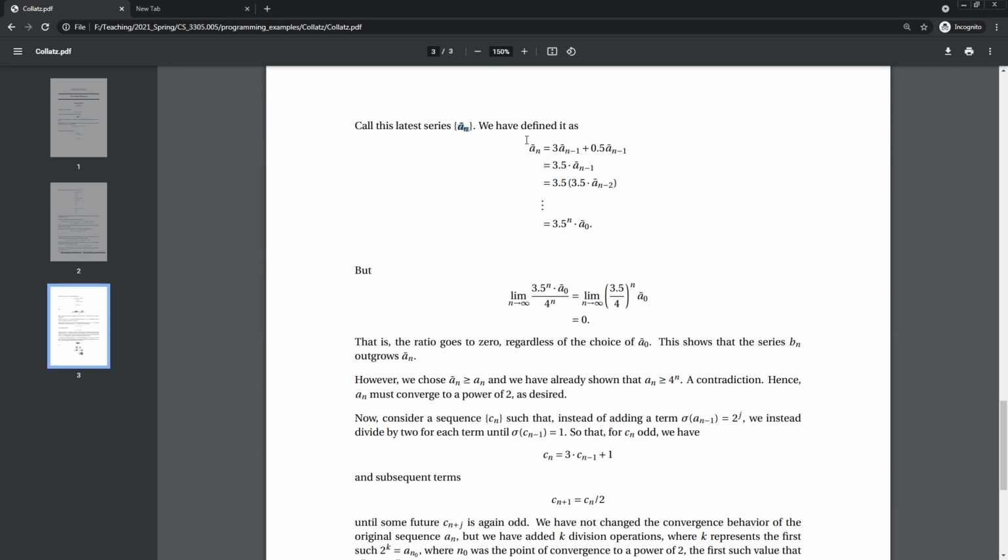Okay, so now we give a new name to this sequence. We've defined it as this. So it's 3 times the previous value plus half again. Well, that's just 3.5 times the previous value. But that's 3.5 to the n times the initial value. But we've already explained that this is a sequence which outgrows something which grows at the rate of 4 to the n. So we said that it never converges to a power of 2, and once it reaches the power of 2, it grows at 4 to the n. And we said,